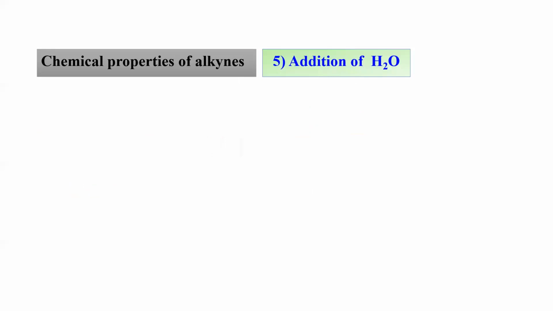Addition of water. We saw this also. What was the reagent used there? Do you remember? We spoke about hydration of alkenes, right? In hydration of alkenes, what did we use as the reagent? Yes, it is aqueous sulfuric acid. Aqueous sulfuric acid was what was used. And what did you get as the product there? Yeah, you got an alcohol as the product.